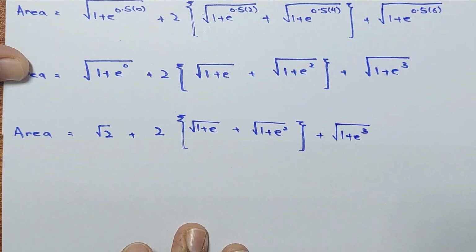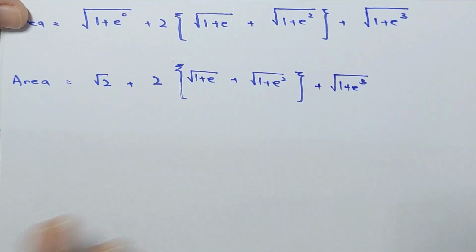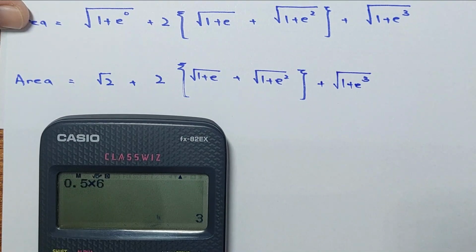Let me solve the answer up to three significant figures. Okay, now we have square root of 2 plus 2 bracket square root 1 plus e to the power 1